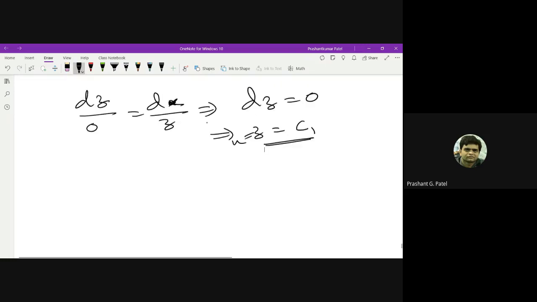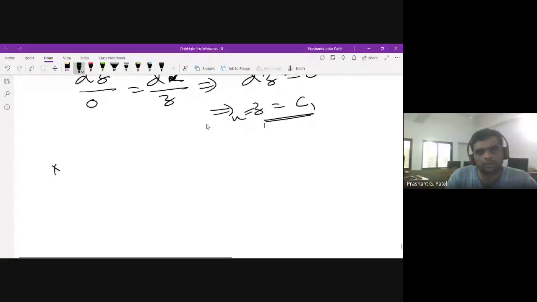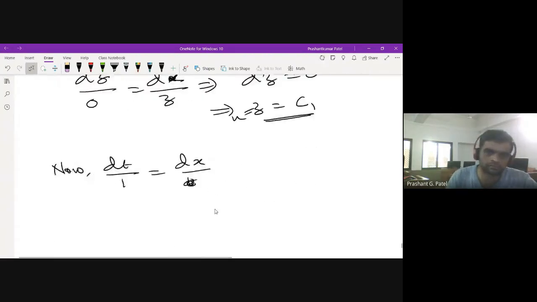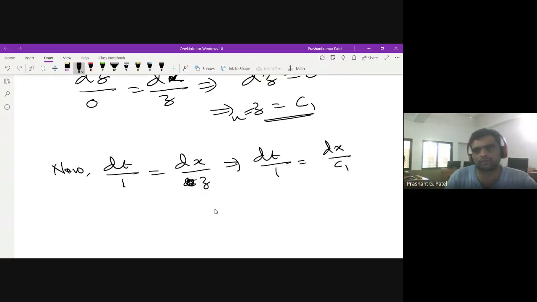That means we now have dt upon 1 equal to dx upon z. Now z equal to c1, we got one value, so we substitute that. That will imply dt upon 1 equal to dx upon c1. If I integrate both sides, it will lead to t equal to x upon c1